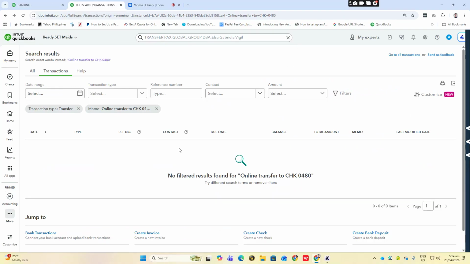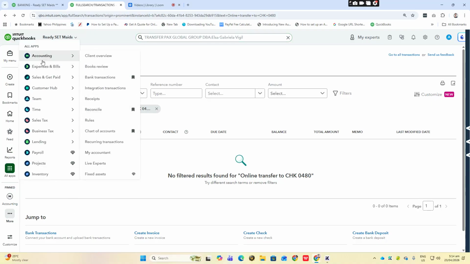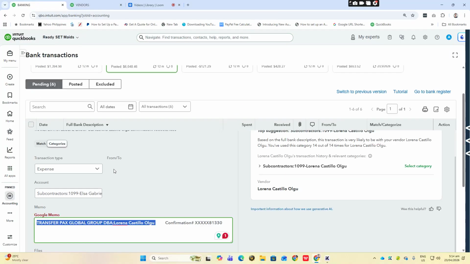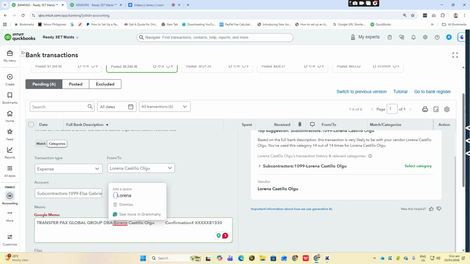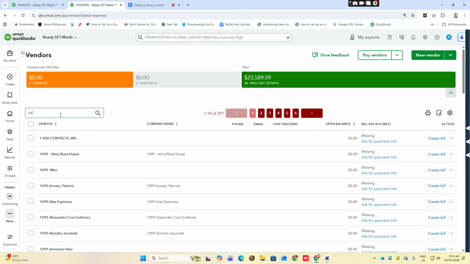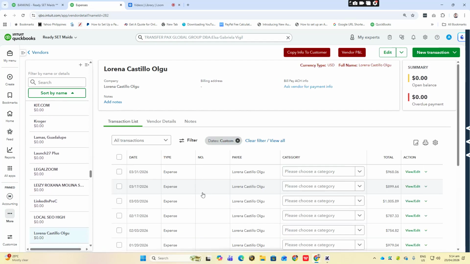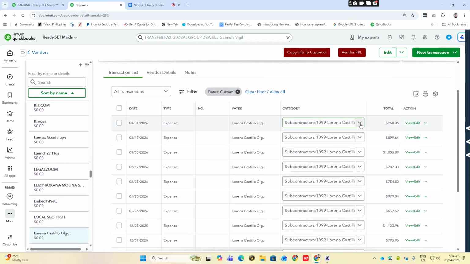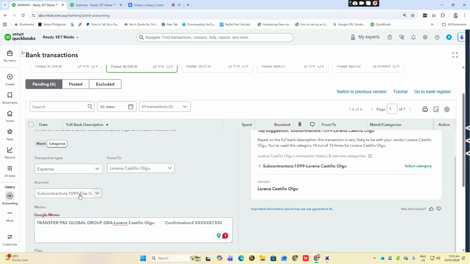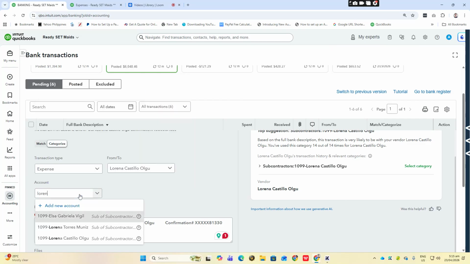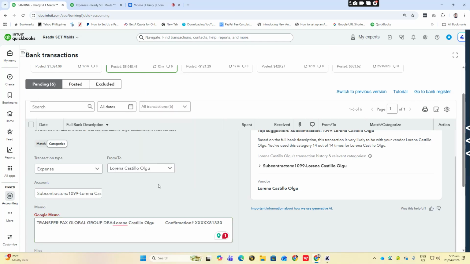Copy. Or aside from using this advanced search tab, you can also use the vendor side. So let's say I'm going to search for Lorena Castillo. We used Lorena Castillo earlier.